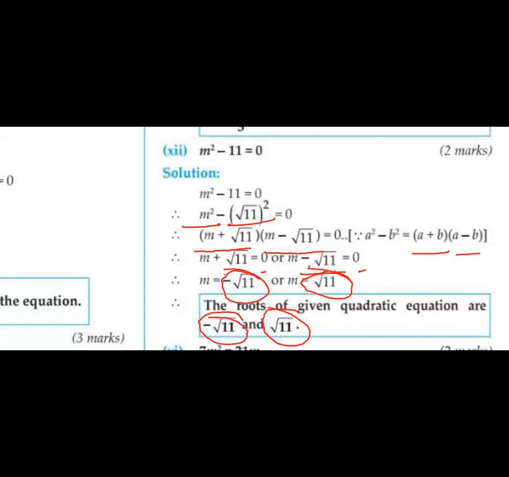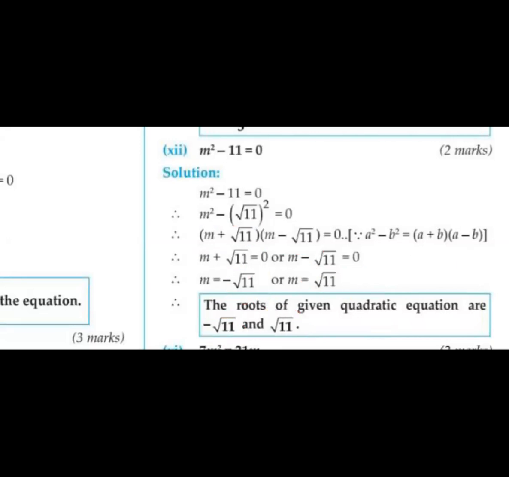Okay. So this is the different method that we have solved. That was the another method. If you are comparing both methods, whichever method is suitable for you, you can solve it. No problem. If the first method is okay, it's okay. If the second one is okay, then okay. No problem. I'm asking you, if you have some doubts in this method, please ask me.